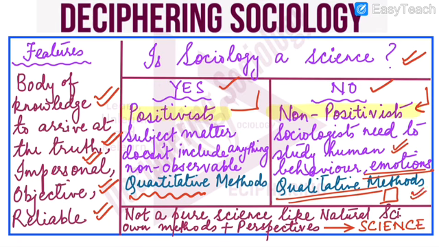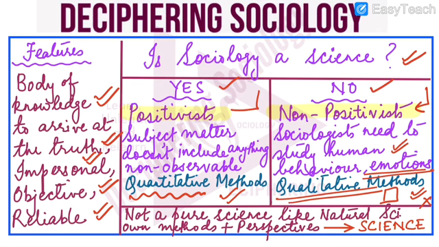It means they vary from one person to another. So how do we generalize? How do we form a conclusion or a theory? That is why these people say that no, sociology is not a pure science, which means it is not like natural sciences. These people say no, we can apply the scientific method, we can apply quantitative methods, so it is a science. But how do we conclude this answer?